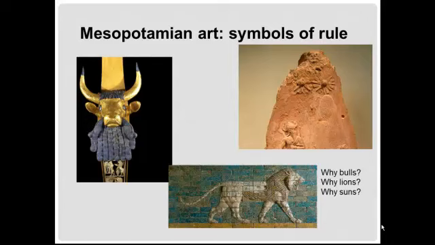So why do you see so many bulls, so many lions, and so many suns in Near Eastern art? Well, bulls are traditionally a symbol of virility, the king demonstrating his ability to carry on with his kingdom or empire. Lions are, of course, both fearsome and powerful, and the sun is probably the central natural phenomenon, although I'd note that the ziggurat of Ur is dedicated to that city's patron god, which is the moon god.